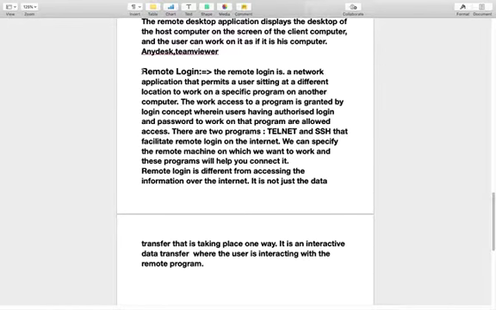To perform remote login, we have two types of program, Telnet and SSH.